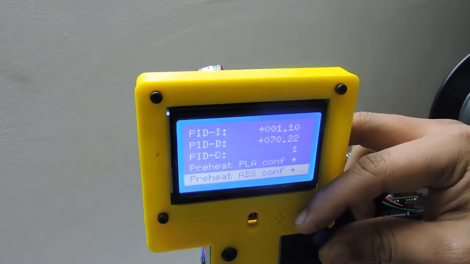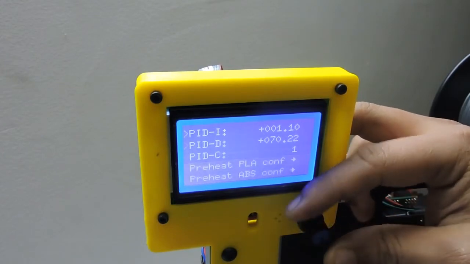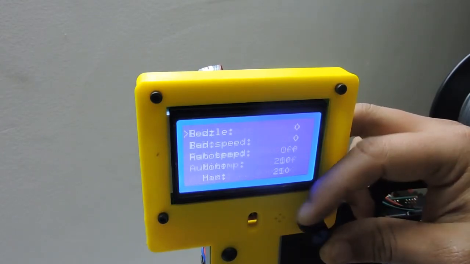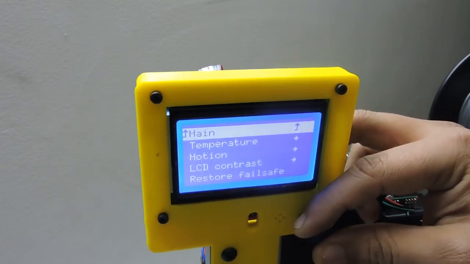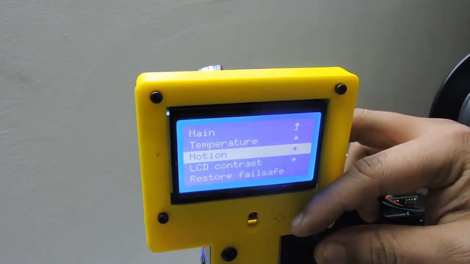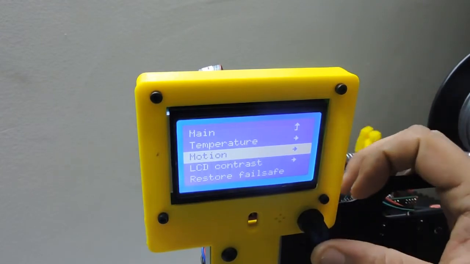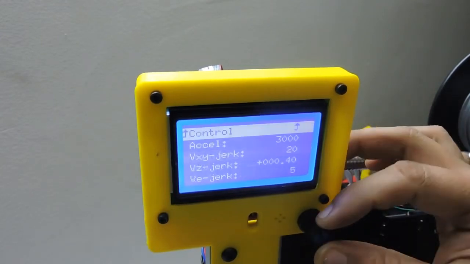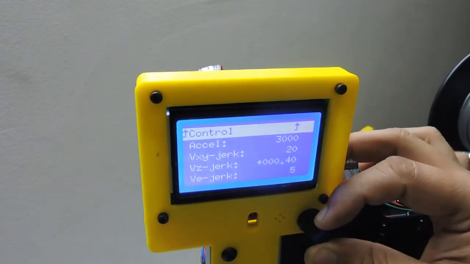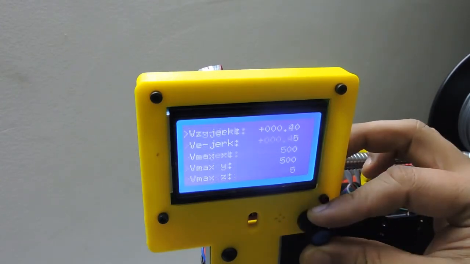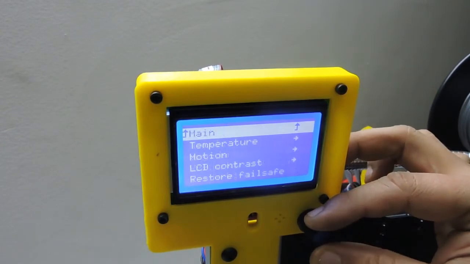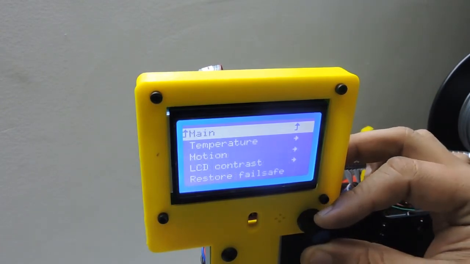Otherwise, all these options are already pre-configured in these printers and you don't need to worry about them. But since this is an open source printer, you can do whatever you wish to. These are various motion settings which I would advise you not to touch.